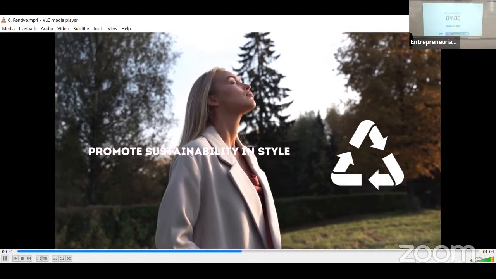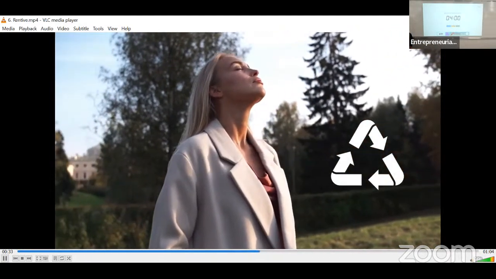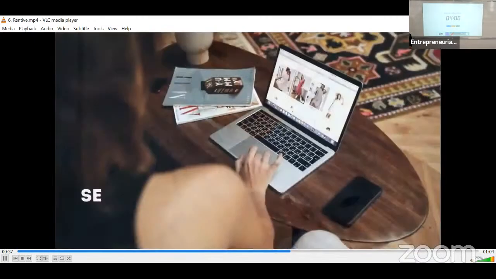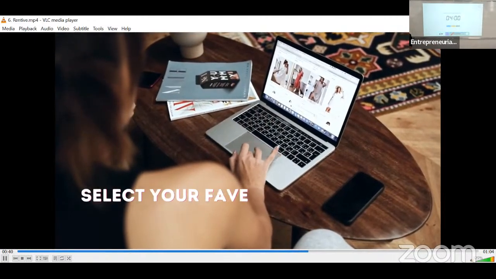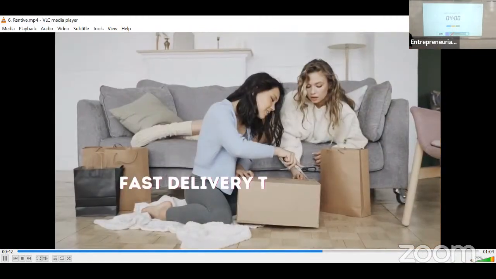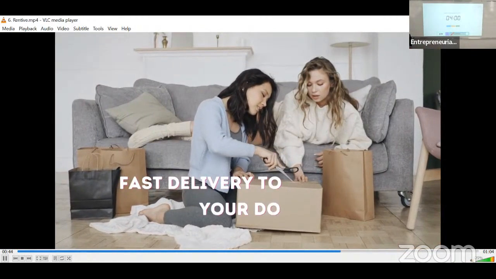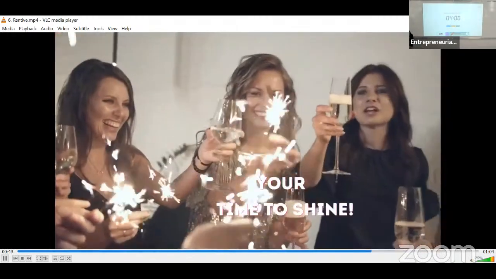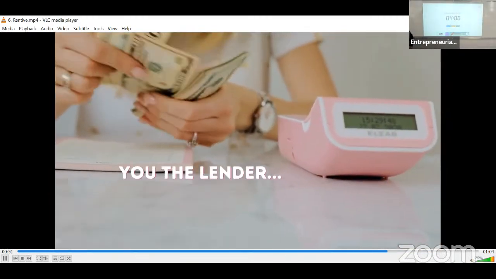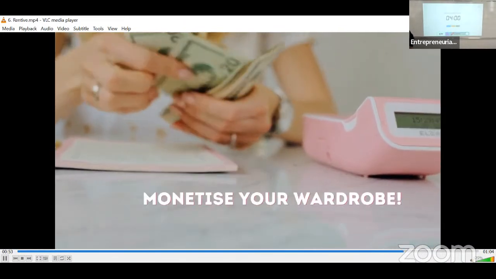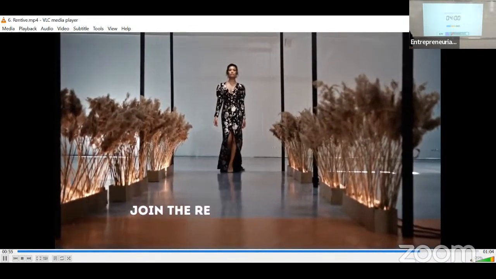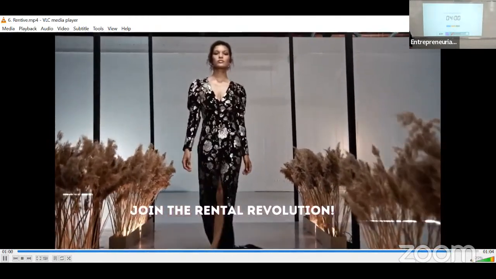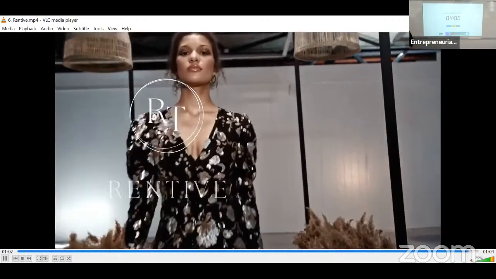Promote sustainability in style and make a difference. How it works. Select your fave. Fast delivery to your doorstep. Now it's your time to shine. You the lender, monetize your wardrobe. Join the rental revolution. Rentive.